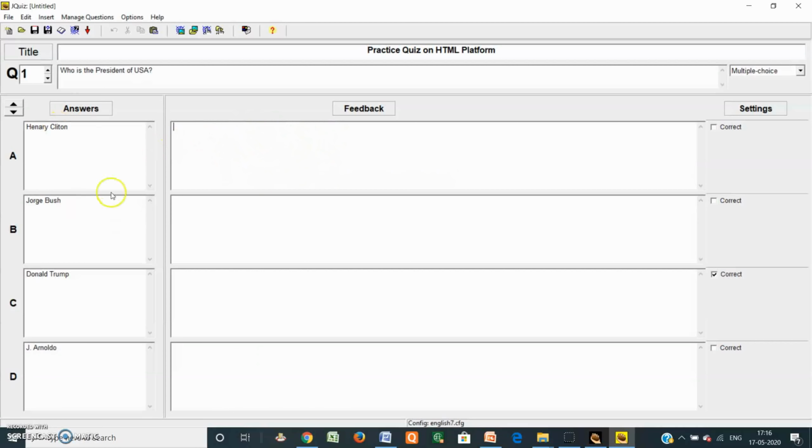Like suppose you select the question, give the name of the fruits, 1, 2, 3, 4. So what is the color? So you can give the hint. I will try the next question in which we can show the feedback. This is the multiple choice, and this is the created question number 1. Then click here. This is question 2.